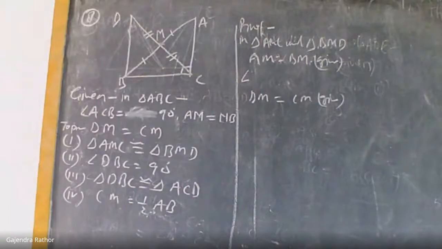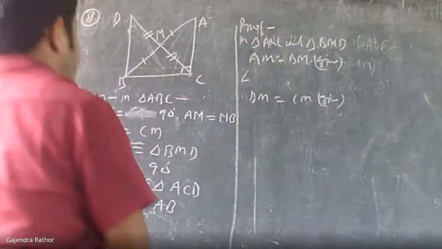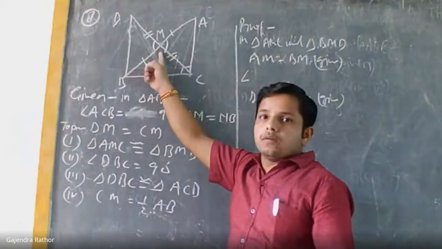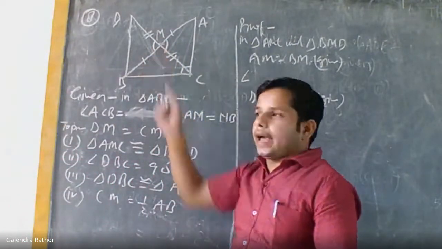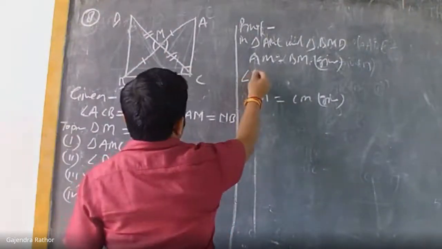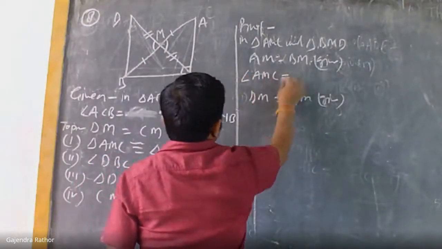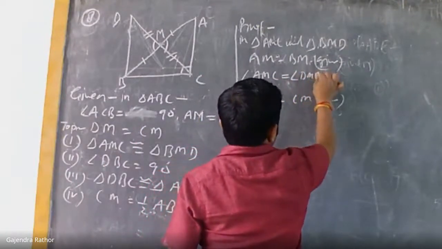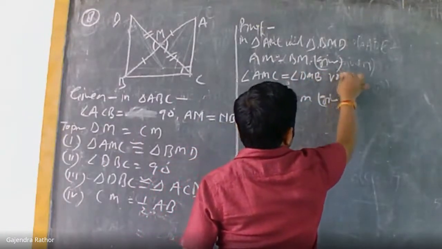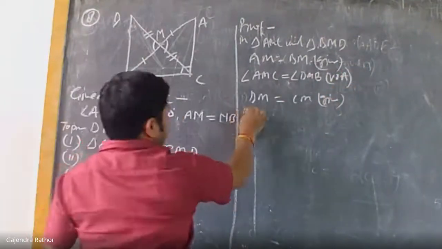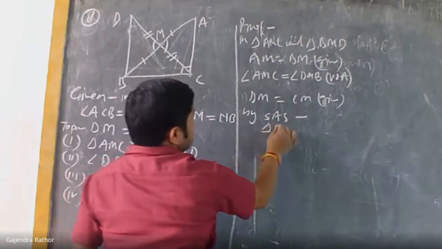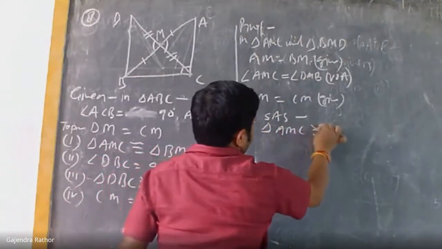Identify from the given diagram. Now let's see. The angles are equal, because they are vertically opposite angles. Angle AMC is equal to angle DMB, vertically opposite angles. So by SAS, triangle AMC is congruent to triangle